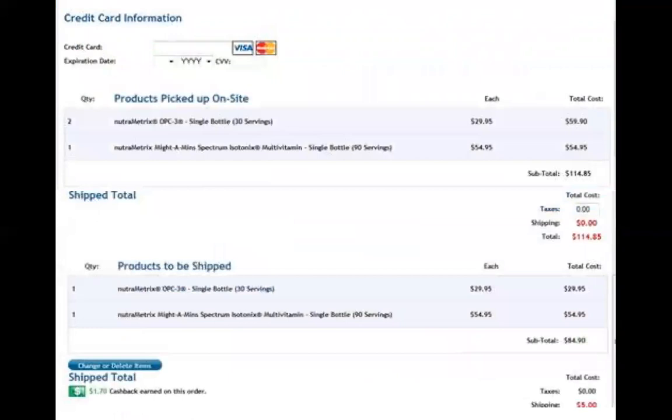Okay, what we want to notice here is that when you're using the staff login, you have the ability to enter products either from your office inventory picked up on site, or from products to be shipped, and you can put them all in the same invoice here. So now here's what we want to, this next one is going to be a big follow-up,